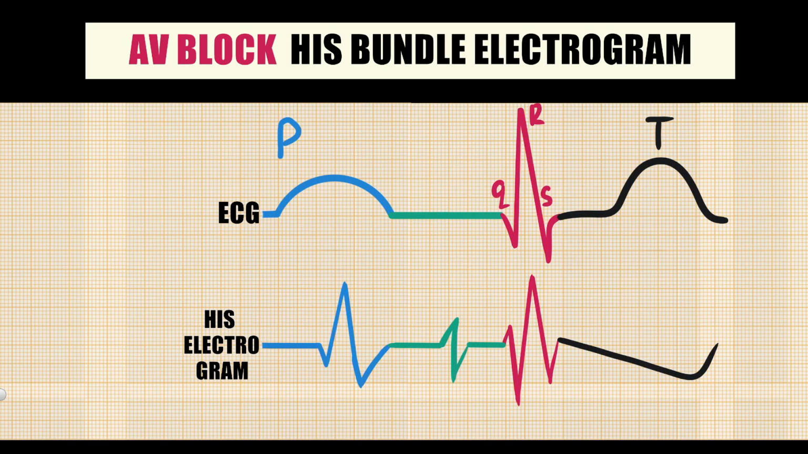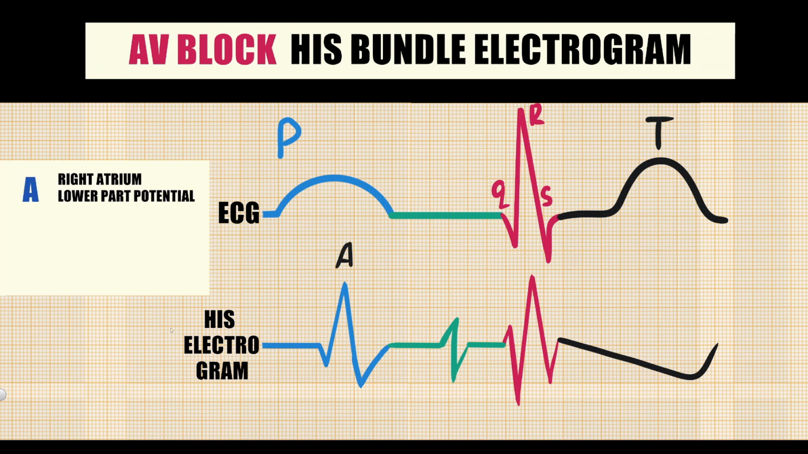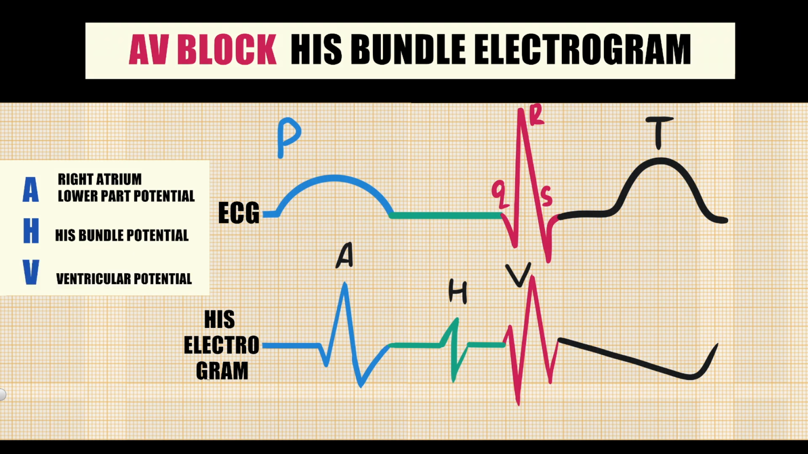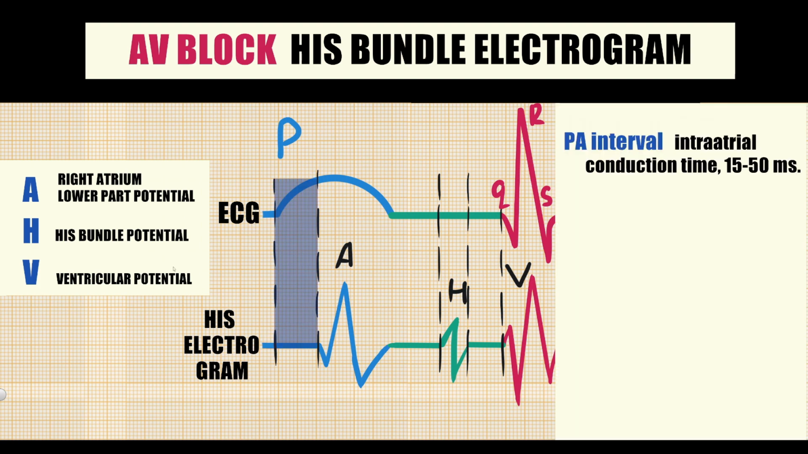For understanding the basic electrophysiology of AV blocks, we need to check the His bundle electrogram. His bundle electrogram is recorded if we put the electrodes inside the heart, in the place where His bundle is located. It consists of spike A, potential of inferior part of right atrium, spike H, His bundle potential, spike V, ventricular potential. According to this, we can measure the following intervals: